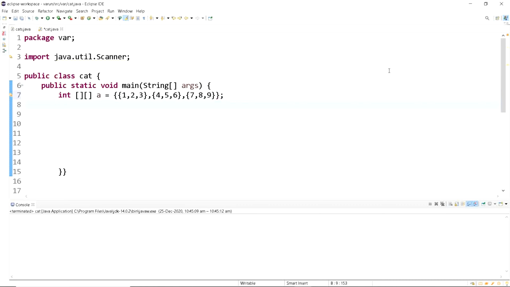So we've created an array. Now let's write the for loop. For int i equals 0, i less than 3. Since the number of rows is 3, we are mentioning 3 there. i less than 3, i plus plus.